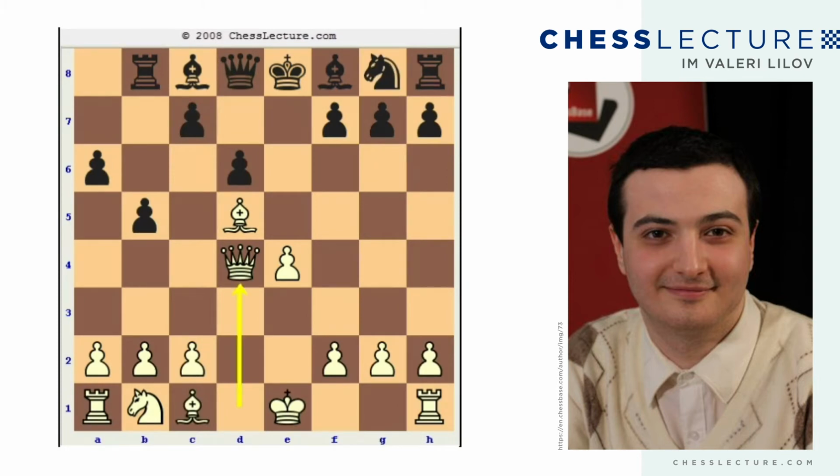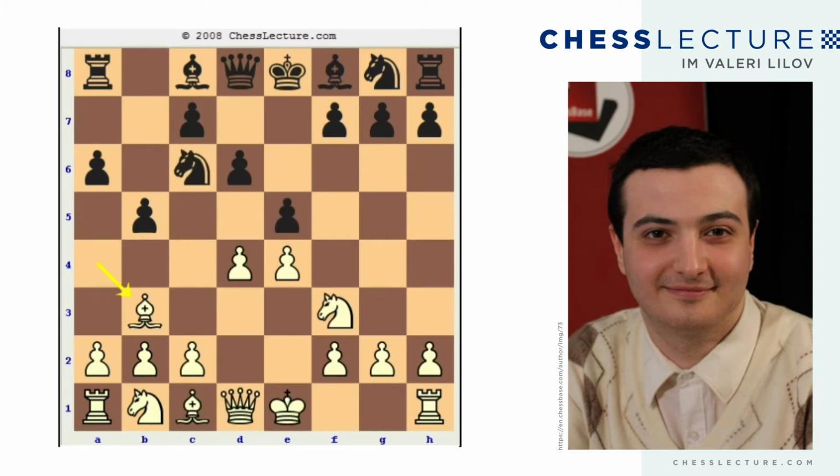So that's why it's not a good idea for white to play d4 here and c3 instead of this move. And this is the main idea why the variation with a6 and then d6 is called the modern Steinitz defense. And if, as in the game, black plays d6 straight away, it is the old, the classical